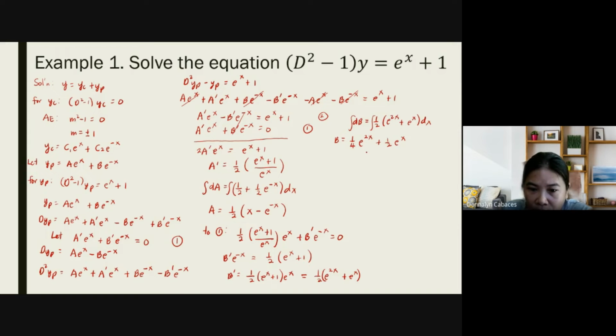Is that correct? Oh, wait. Here, we transpose it to the other side, so this is negative. Sorry. So this is negative, and therefore you have here negative, and this is also negative. So you have your b is negative 1 fourth e to the 2x minus 1 half e to the x. And since you have here your a to be 1 half times x minus e to the negative x,